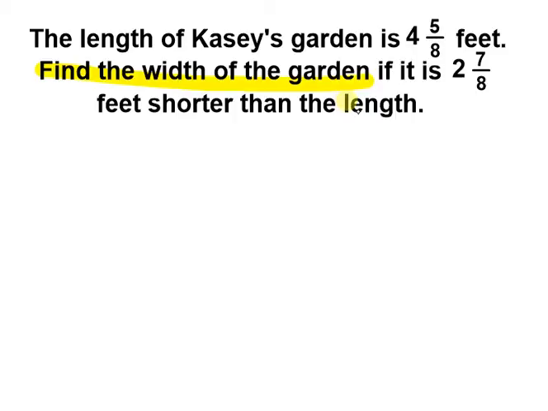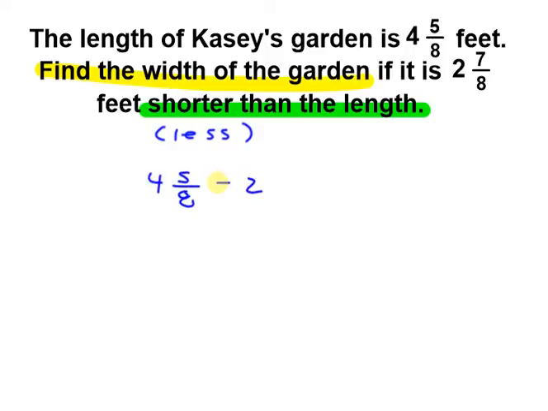And what is the word that's going to signal my operation here? So it looks like this phrase, shorter than the length, is going to tell me that I'm going to do subtraction, because shorter is a word that's going to mean less, which is usually signaling subtraction. So here I have 4 5/8 minus 2